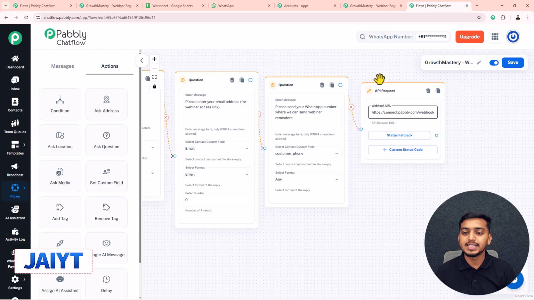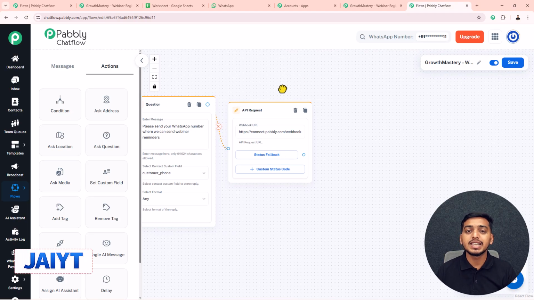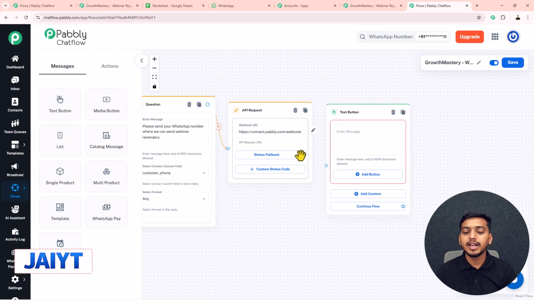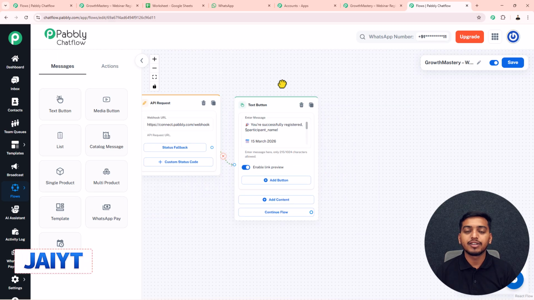We have to go back inside our Pabbly Chatflow account, and at first I want to send a confirmation message to my customer that their registration is successful. For that I will just drag this text button, drop it in here, and connect both of these flowing circles like this. Then in here I will add this concluding message for my customer, where I have also added this webinar joining link for them. After that, as I also want to send a reminder to my customer that will get sent to them on 14th of March, just one day before this webinar,